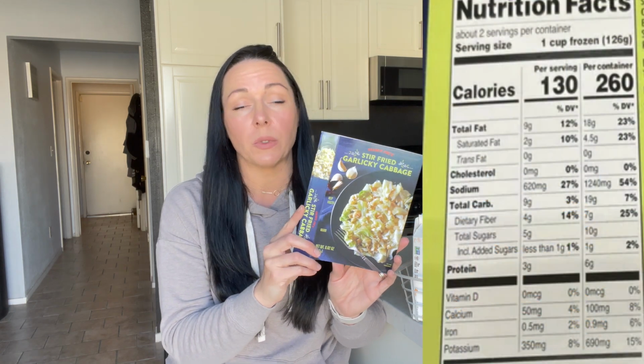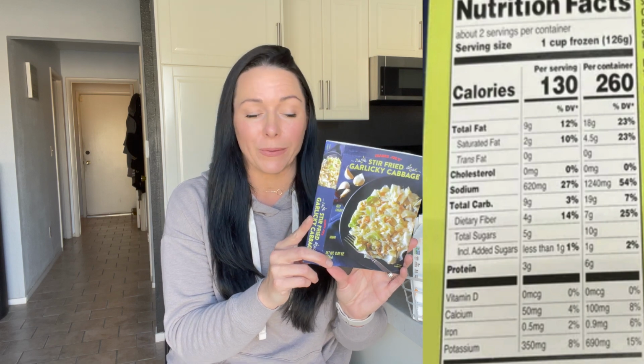My only gripe then, and I guess would be now, is it's pretty high in sodium. And it says this is about 2 servings. You will absolutely be able to eat this on your own for sure. But if you did that, it is 1,240 milligrams of sodium. Look, it's not the end of the world. It's not, but